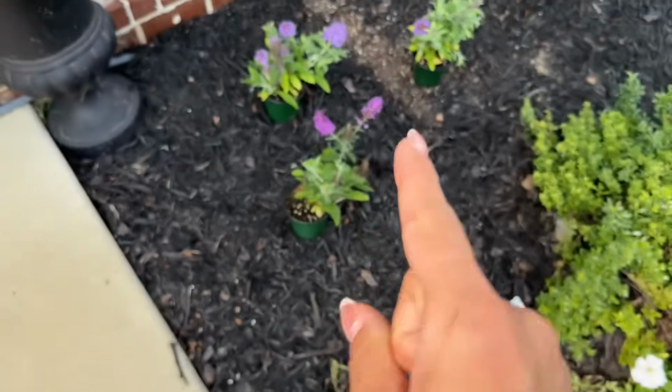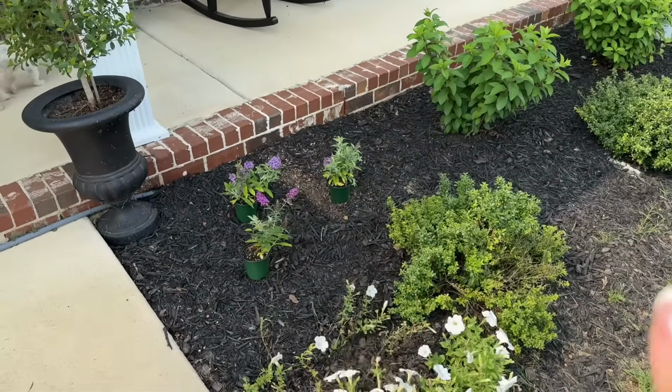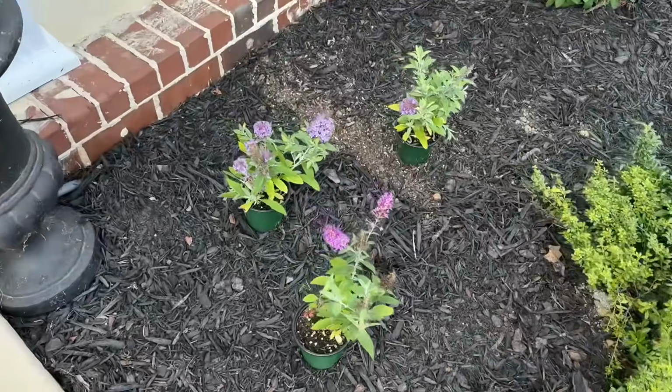And then back here, I am so excited because I thought I needed something here, and I thought about another bobo because I might have had the room, but I kind of like these little topiaries right here, and I wanted something that smelled pretty. And so we found these,